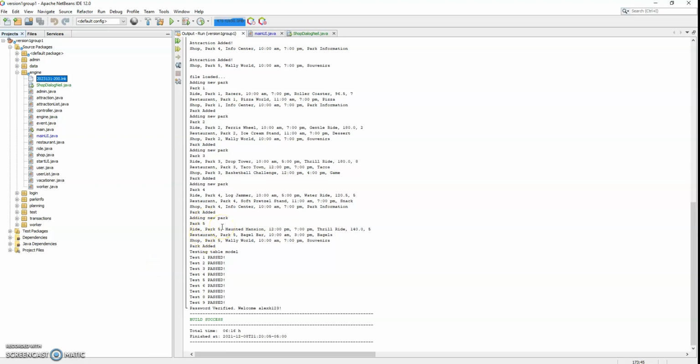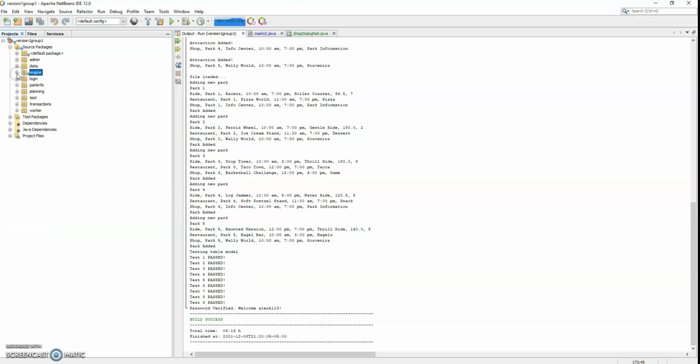Today, I will be looking and summarizing my work in the Wally World group project. The first thing I'm going to be doing is summarizing our development goals as a team, and then I will be describing and summarizing the four use cases of our application, and then a demonstration of each of those four use cases. At the beginning of our project, the first thing we set out to do was